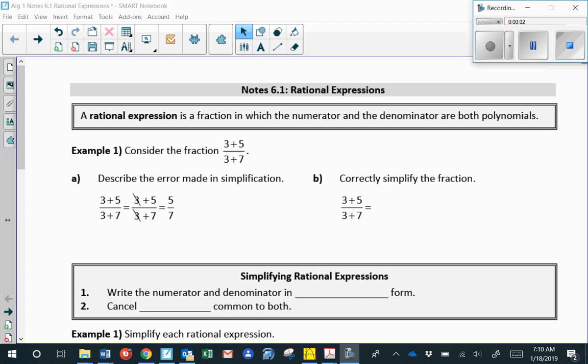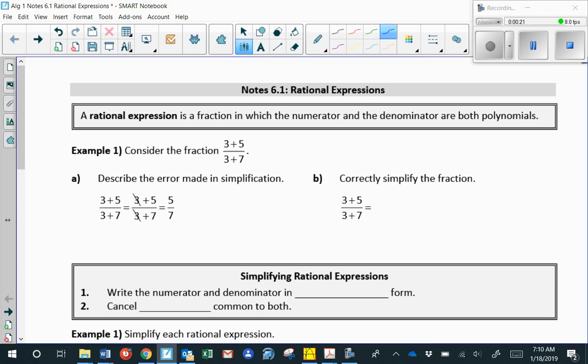Okay, today we're going to look at rational expressions, which are fractions in which the numerator and denominator are both polynomials. So let's start by considering a numerical fraction with a numerator of 3 plus 5 and a denominator of 3 plus 7. If you look in example 1a,